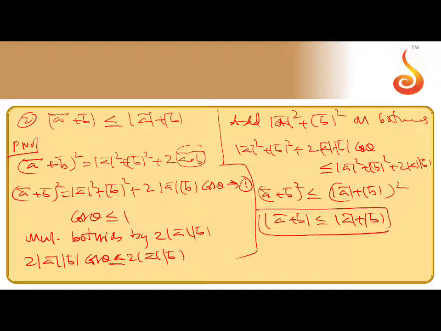The left side will be modulus a square plus modulus b square plus 2 magnitude of a into magnitude of b into cos theta. On the right side we also add modulus a square plus modulus b square. The left side, according to the first equation, is a bar plus b bar whole square. The right side is the normal a square plus b square plus 2ab, a plus b whole square. But what is a here? Magnitude of a whole square plus magnitude of b. Then taking the square root gives the proof. So this is the triangular inequality. Hope that is clear?